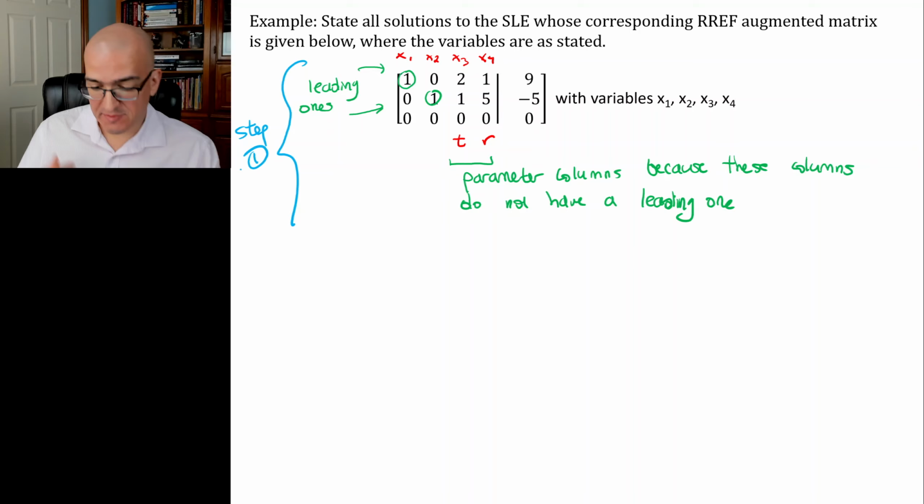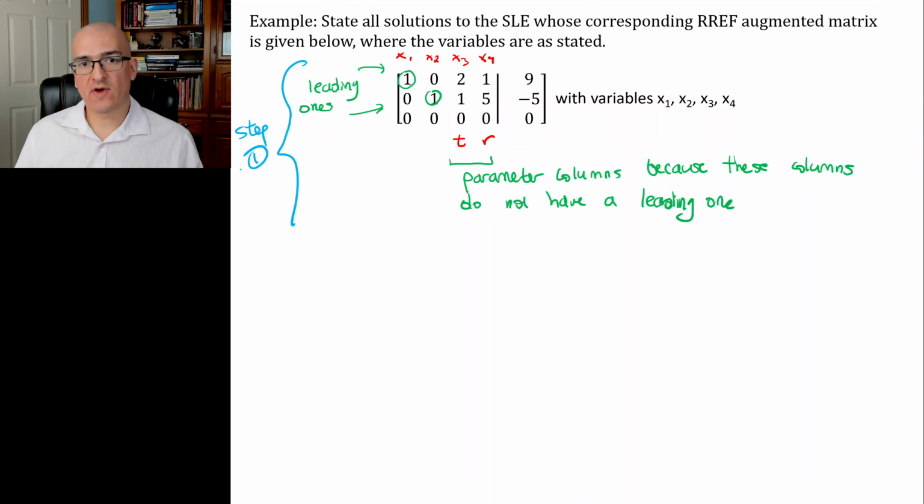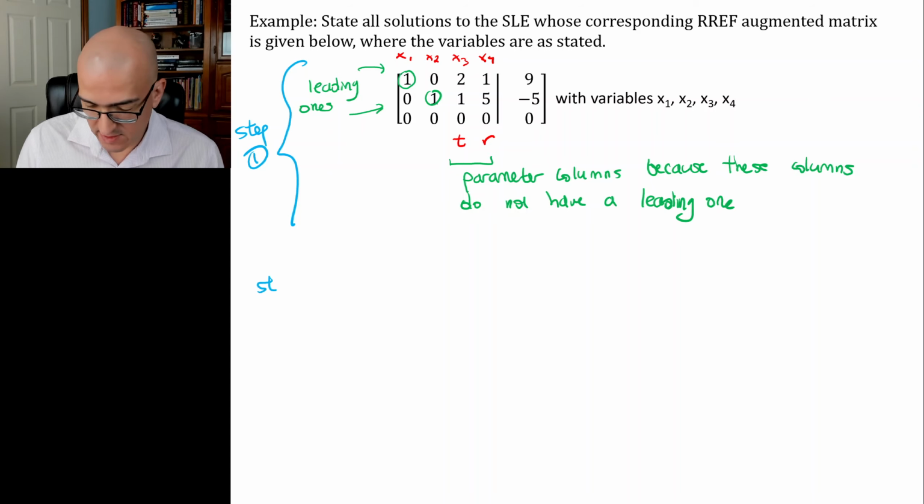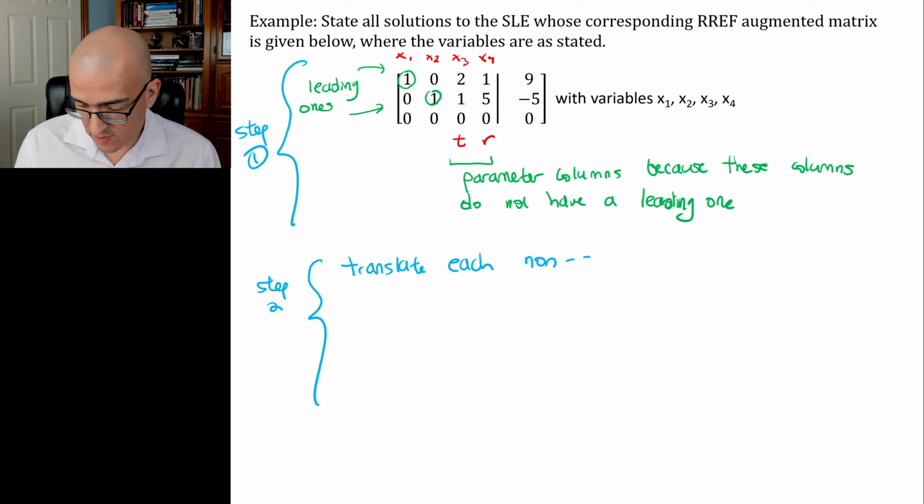Now step 2, once we've done our labeling and identified which columns have parameters and which columns don't, and we know what we're calling our variables, in this case x1, x2, x3, and x4, what we do next is we translate each non-zero row